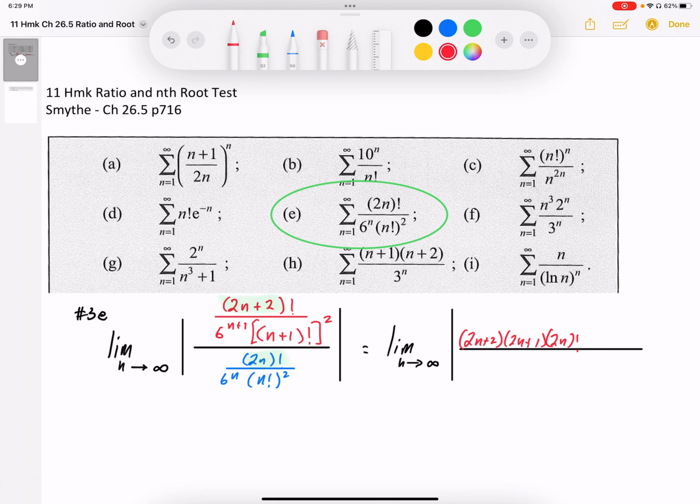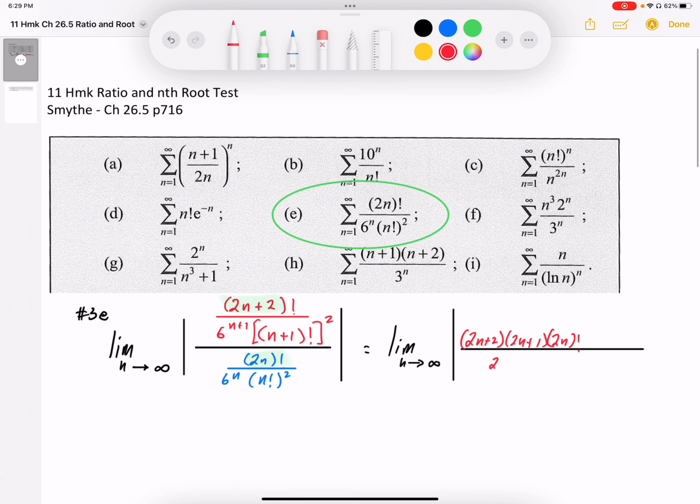In the denominator, I'm going to have the 2n factorial. That's the blue term here, so 2n factorial. So those are going to cancel out. I'm going to group that. That's all going to be one grouping. I'm going to group